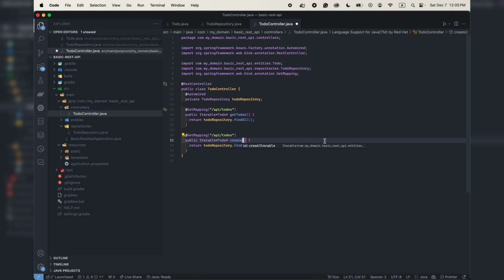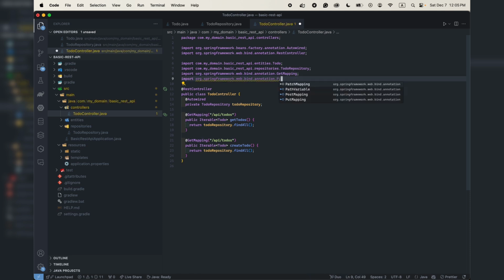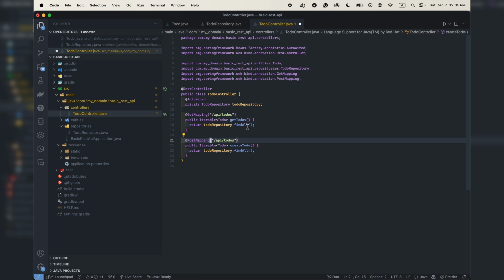So we're going to need to create one more endpoint. It's going to be create to-do. Instead of GetMapping, we're going to use PostMapping, obviously for an HTTP POST request. So the endpoint is going to be the same, and the return type is going to be, I think, just ToDo. The next thing we need to do is to be able to accept parameters or fields for our new